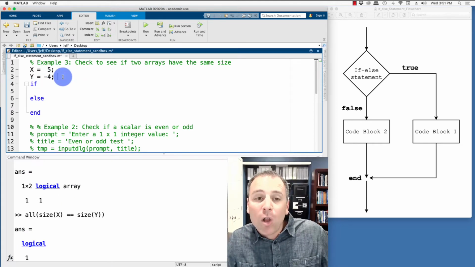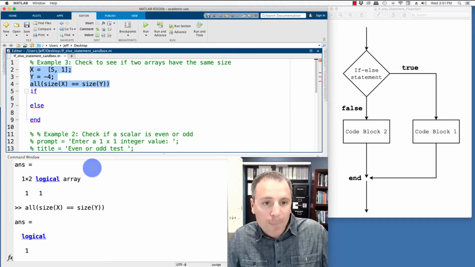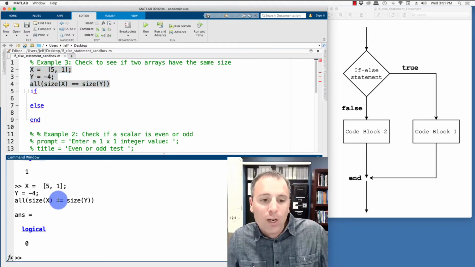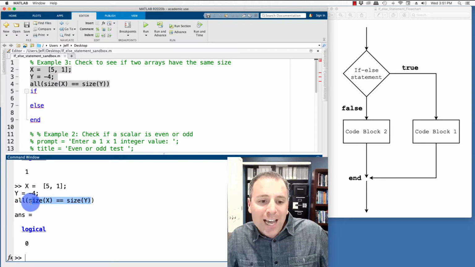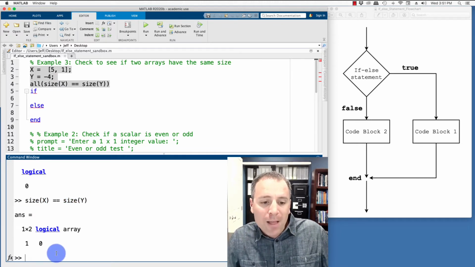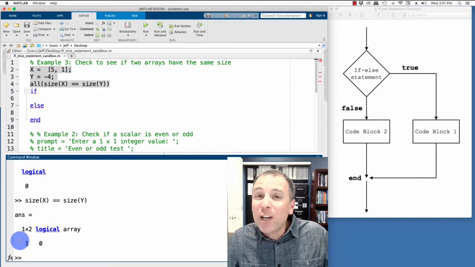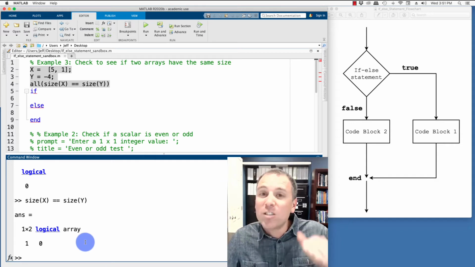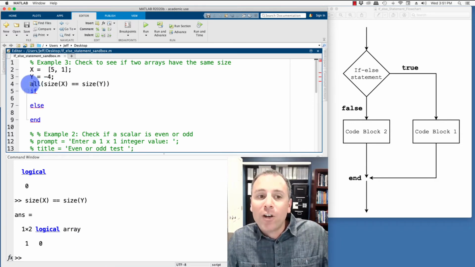Let's make sure that our logic is sound here. So I'm going to change this thing to a row vector. Suppose we say 5, 1. Let's go ahead and copy this and go down to our command window. Those are not equal because this is a 1 by 2, that's a 1 by 1. When I actually run the sizes, let's go ahead and run that line. Notice one of the sizes is equal, but the other one is not equal. That's not what I'm trying to test for. I'm trying to make sure that all of the sizes, the column sizes and the row sizes, are identical, and that's why I use that function all.